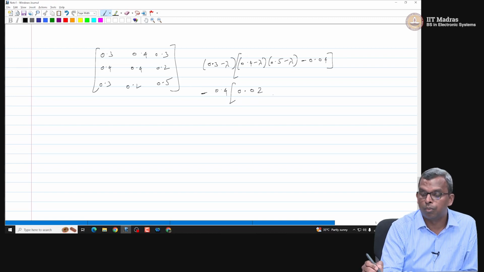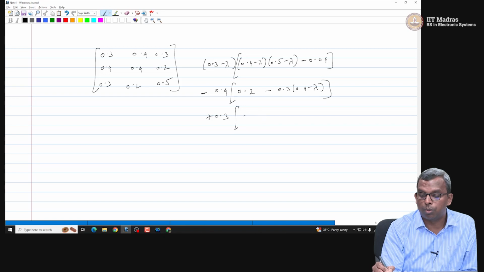Oh no, did I get that right? 0.4 into 0.5 is 0.20, sorry, minus 0.3 times 0.4 minus lambda, and then you have a plus 0.3 times 0.4 into 0.2, which is 0.08. Did I get it right? Yeah, this one 0.4 is 0.08 minus